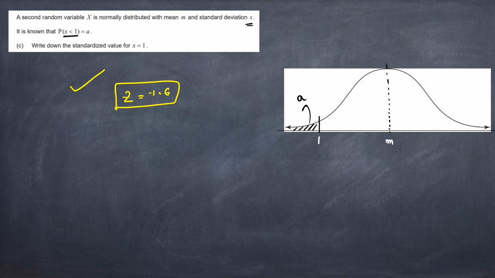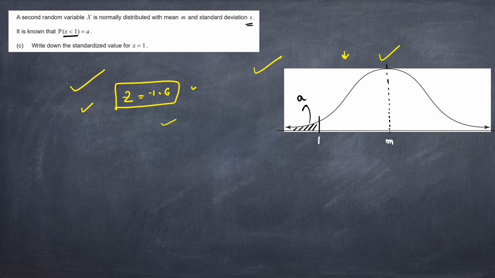Now we will move towards the next question, and it is a very interesting question. The simple part, you just need to draw this. I have drawn it in a finger style, so that's why I have already taken the picture. In the examination, you need to draw this image, you need to draw the mean line, you need to draw all these things, then 1, and you need to compare with the previous image. After that, you need to write, after comparing, we can write the standardized value for x equals to 1 will be z equals to minus 1.6.